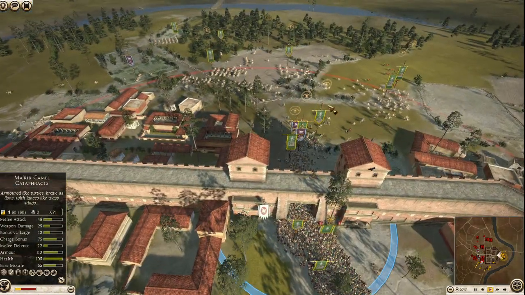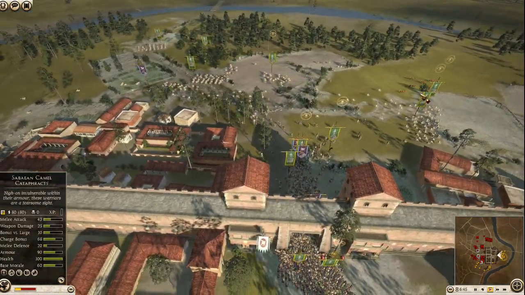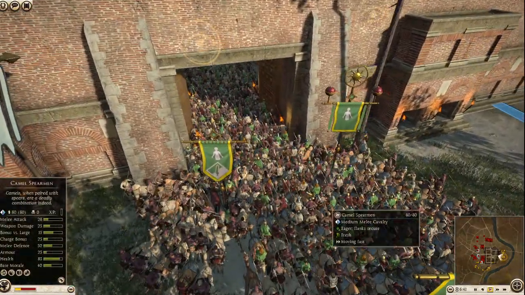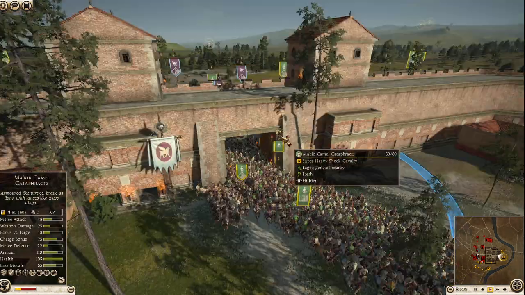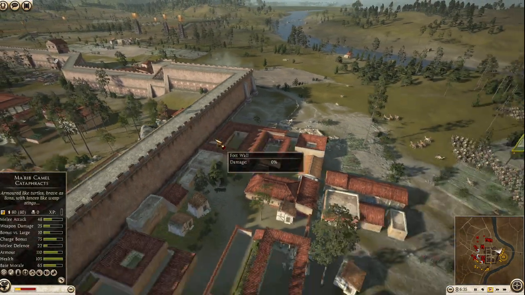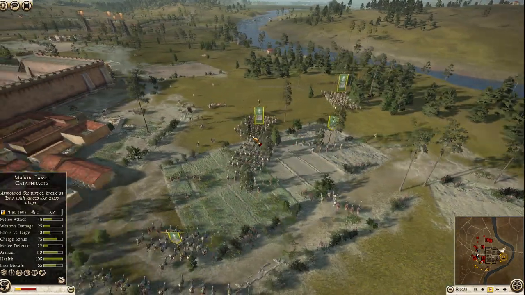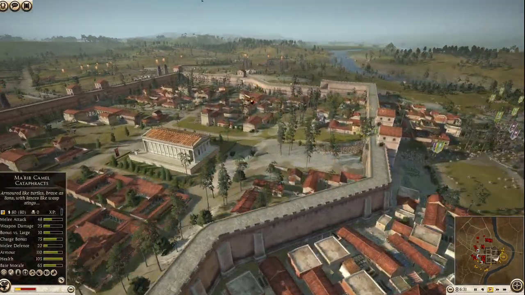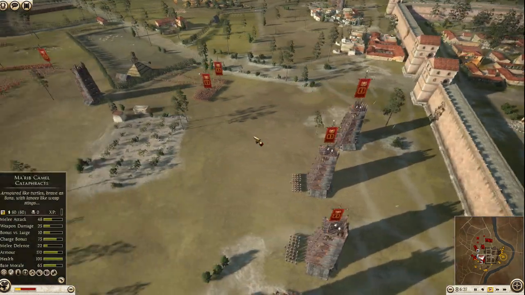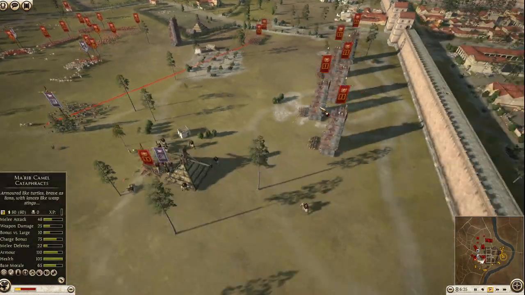Meanwhile, back here, I'm trying to split up my forces in an appropriate manner. They kind of got stuck a little bit in the gate. Like, it takes a while for them to get out. But after that little initial period, we managed to get most of our army outside. Now, in retrospect, we should have left a couple of units inside the walls to just harass the Romans who